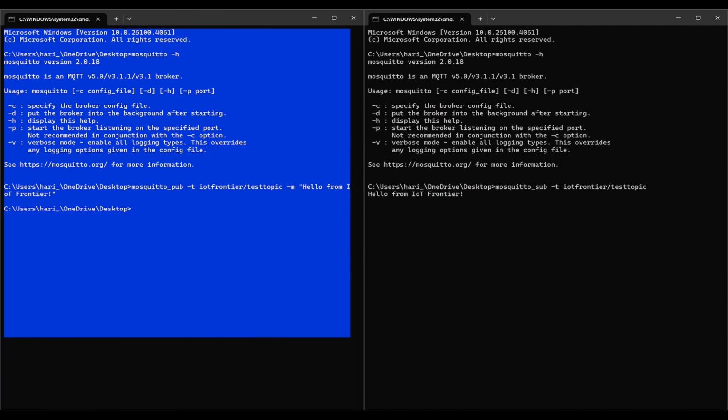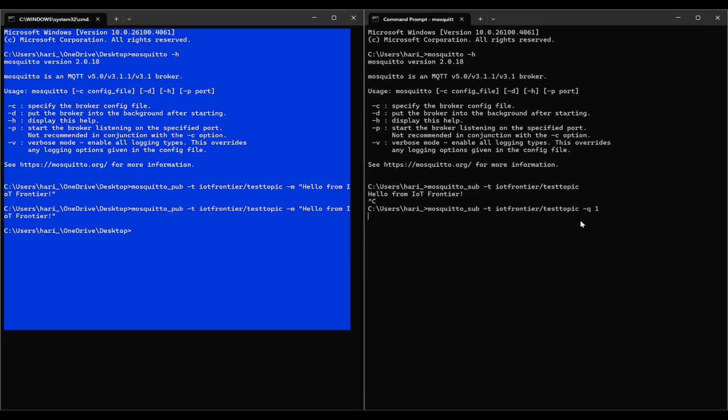For that quality of service, as we know, there are three quality of services in MQTT: quality of service 0, 1 and 2. So first what we can do is we'll try to subscribe with quality of service 1. So the subscriber is having quality of service 1, but we will try to send from the publisher with quality of service 0 and check with the debug flag. So here we can see mosquitto_pub -t topic -m QS0 message and -q 0 which means QS0, and -d